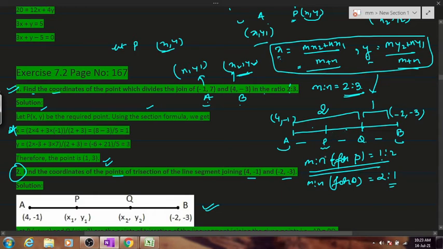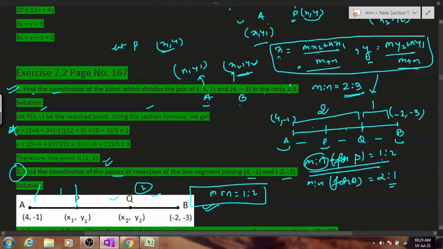You need the ratios, right? You see over here P. Is this 1 part and is this 2 parts? Yes or no? Yes, sir. So for point P, M is to N will be 1 is to 2? Yes or no?